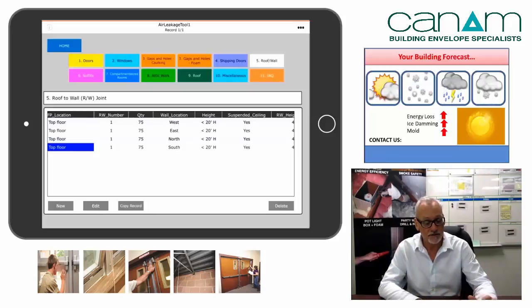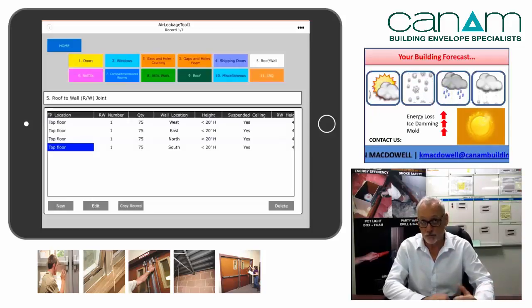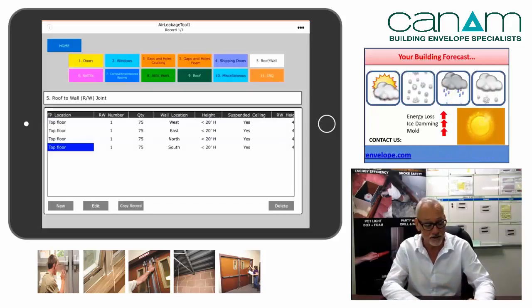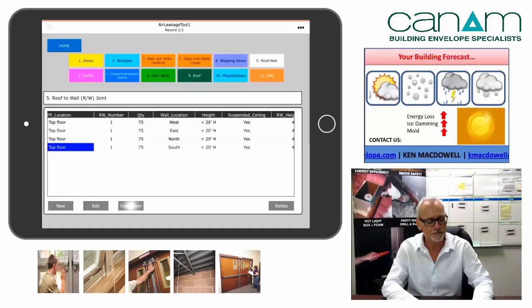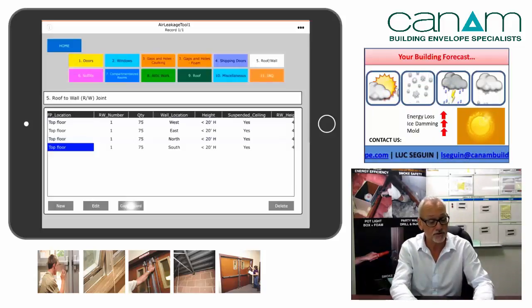As you notice, again, we've entered the roof wall for all 4 sides of the building. The nice feature about this, and you can do this also with windows and doors and other measures, is click onto the last one or the one that mirrors the next image that you want to input. For instance, this top floor, you've found another area for roof wall to be sealed. You can press copy record, run through the information here, change whatever you need. For instance, I'm going to change the south side of the wall to now it's the north side of the wall. Press done,